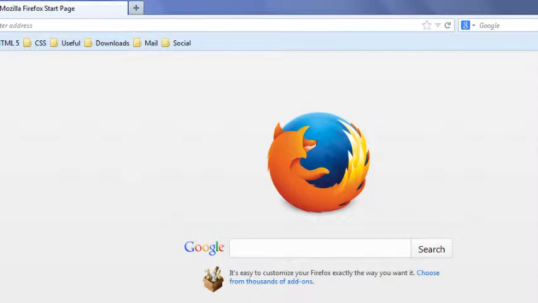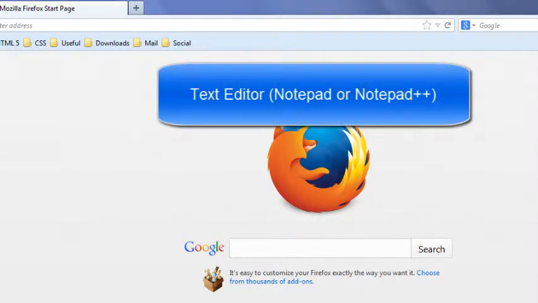This is the first tutorial of Java, and before starting developing any Java program we need two things: to write the Java program and compile it. So first is the text editor. You can use the plain Notepad or you can use the latest version of Notepad++. I'm just going to use Notepad++ because it is easier and it highlights the syntax, so it will be convenient